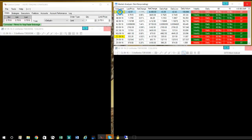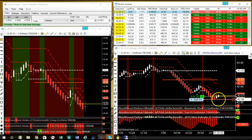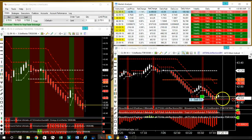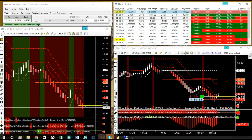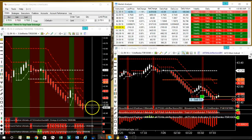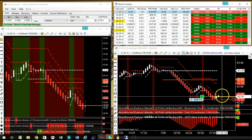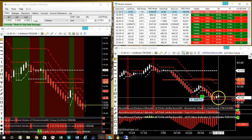Go back and look at crude real quick. See how this came back on me? It'll probably come back in here and test this. And that's why I wanted to widen my stop up and not trail it too close. The theory on these is to keep your risk on a counter trend trade as close as possible. If it turns around and starts printing a